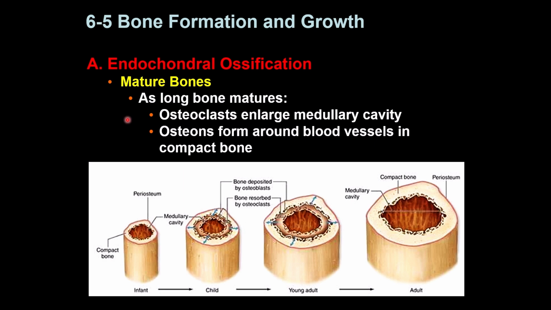Endochondral ossification. So we are still in that. So how the bones mature. So in infant, this is the part that is the compact part, and this is the periosteum around it, and this is the medullary cavity. So you can see the bone is very thin, but circumferential lamellae are added, and that's making the bone thicker and thicker. Okay, so the circumferential lamellae are added here, becoming thicker and thicker throughout the adulthood, and